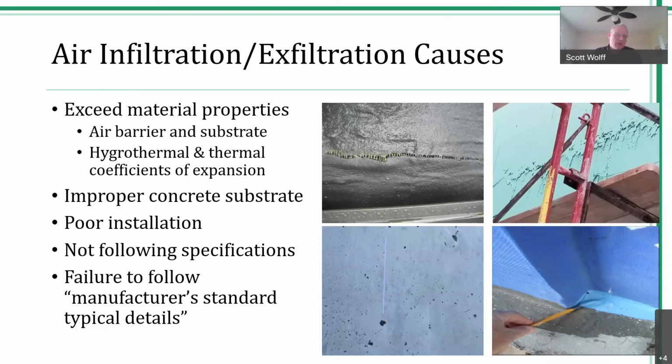And that was often enough to basically exceed the air barrier material properties as well as the substrate material properties. This was a local community college, 40-foot high wall, roughly 240 feet long. And it was determined that there were no control joints on the exterior cold form metal framed wall with exterior gyp sheathing. Just for example, 100